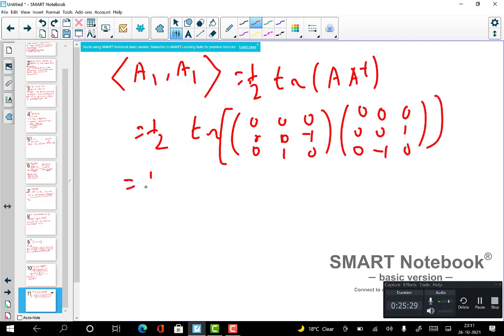Now what is the product? Trace of, so this into this 0, this into this 0, and then 0, okay, and then this into this 0, this into this,